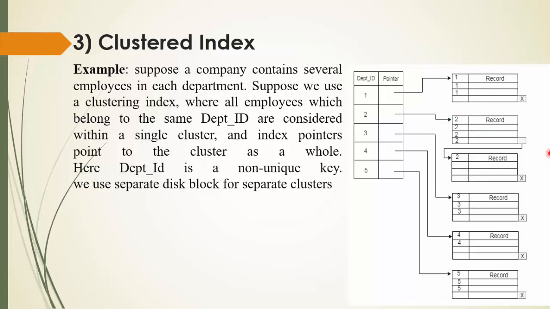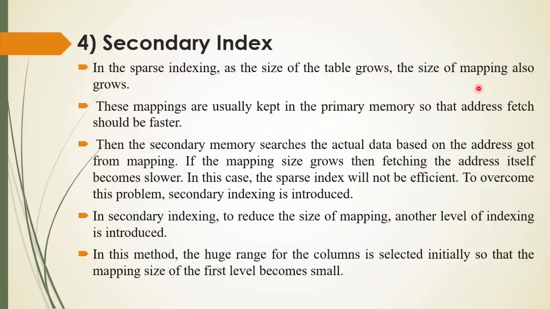Okay, this is cluster 2, this is cluster 3, this is cluster 4, and this is cluster 5. Now we have 5 clusters, and we are generating indexing for this group. The first is one cluster, the second is another cluster, the third, the fourth, and the fifth are each another cluster. So this is the indexing for the group. Here we have multiple employees in a particular group. So this is known as a clustered index.